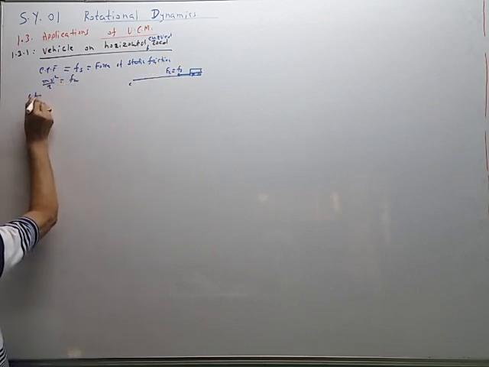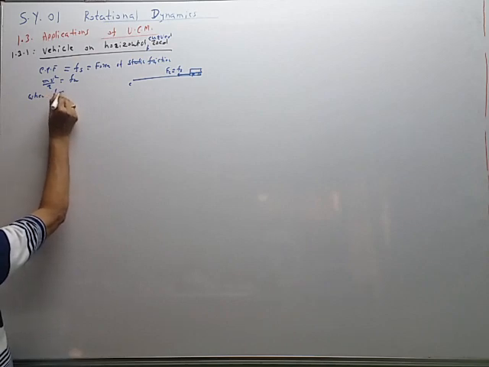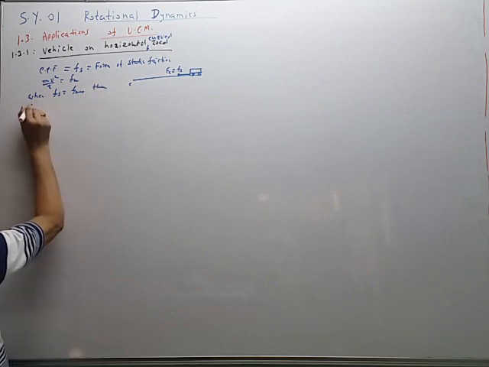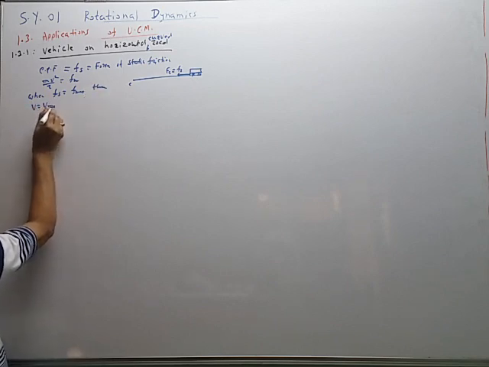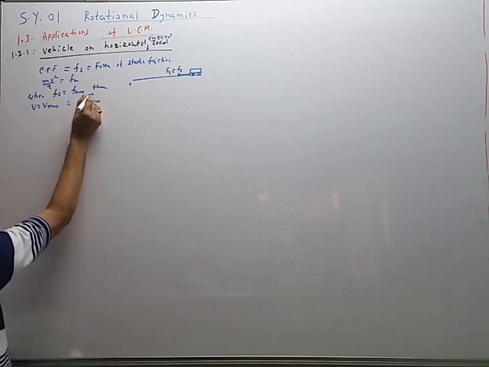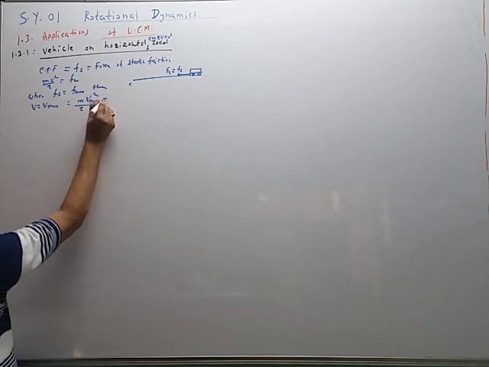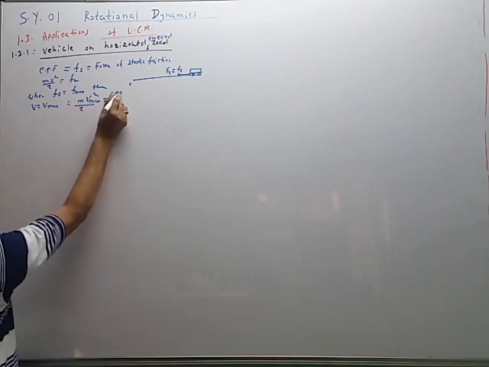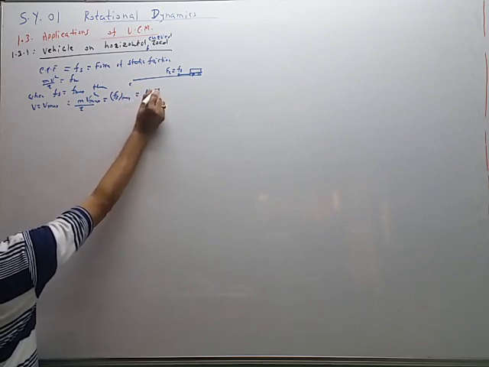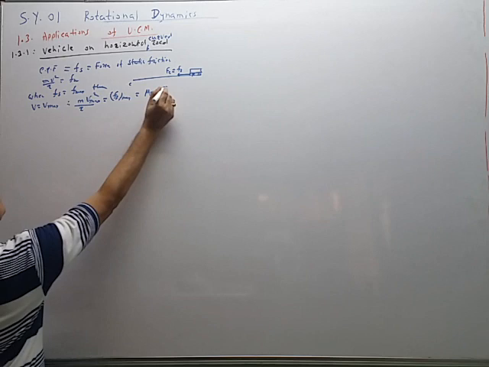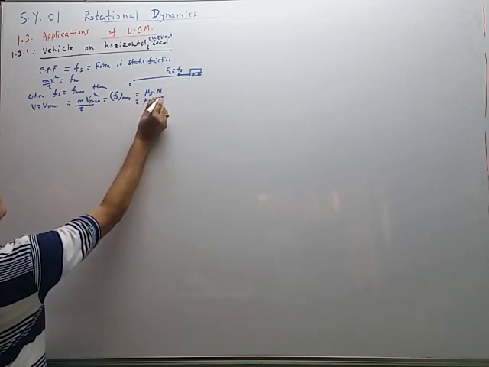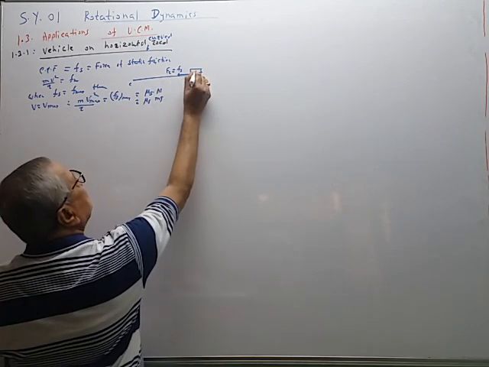When Fs is equal to Fs max, then v is equal to v max, and therefore m v max square upon r is equal to Fs max, and we know that the value of Fs max is equal to mu s, coefficient of static friction, into N, and N is equal to mg. N is the normal reaction, so that is equal to mg. So mg is the weight